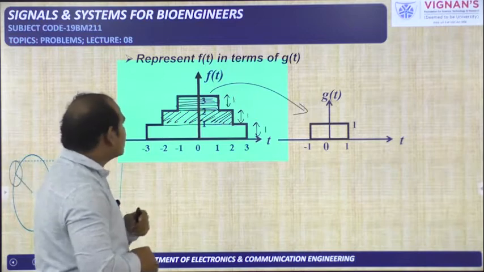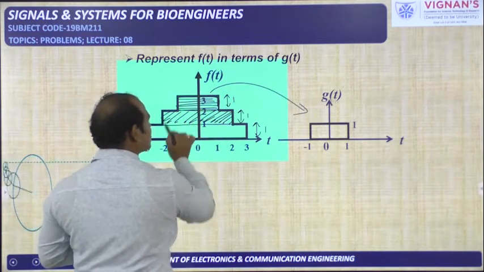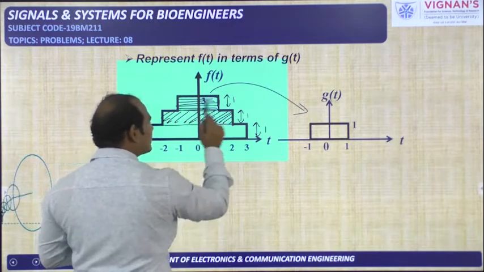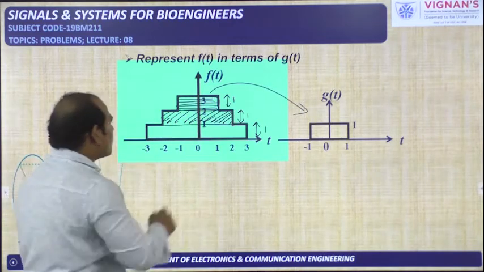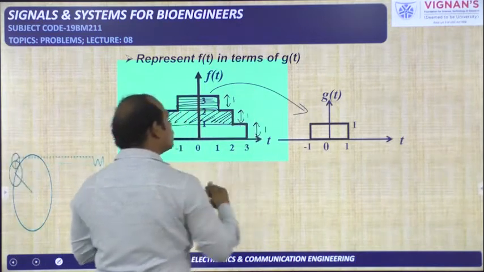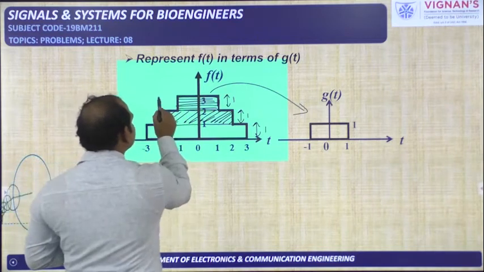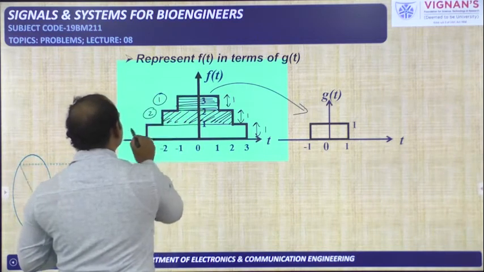Now you think about this. How to get this particular rectangle pulse? Or how to get this particular rectangle pulse? So one is over. This is nothing but this one. If you add that one with this and then with this, you will get the total f of t signal. Now you see, this is first one I am taking, this is second one, this is third one.